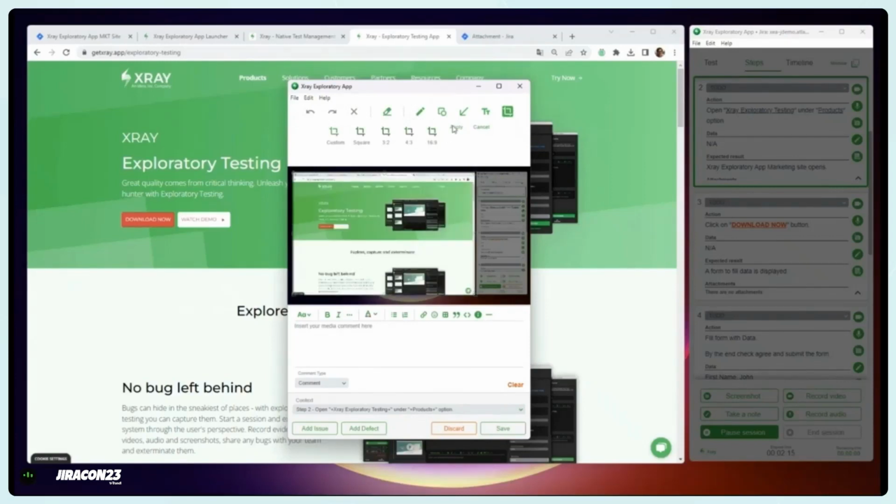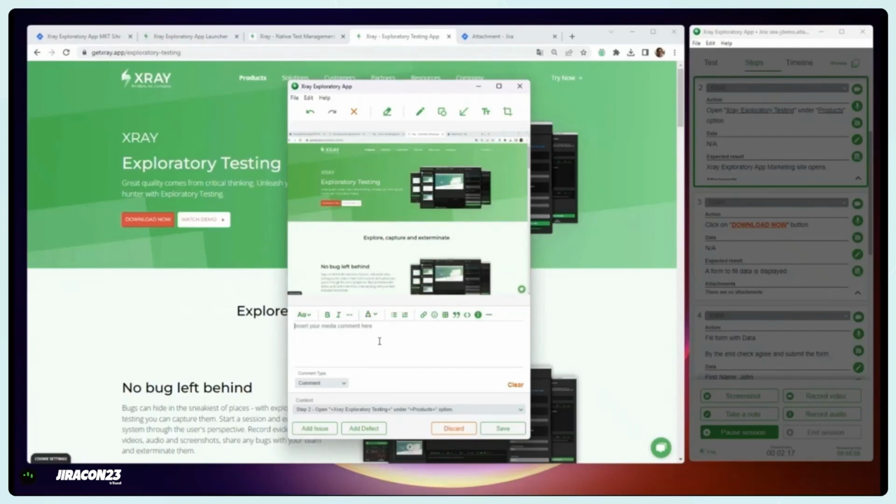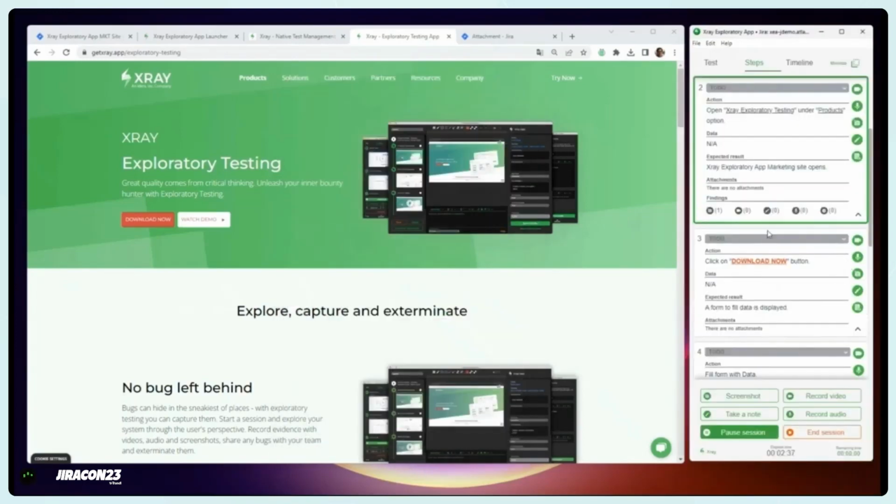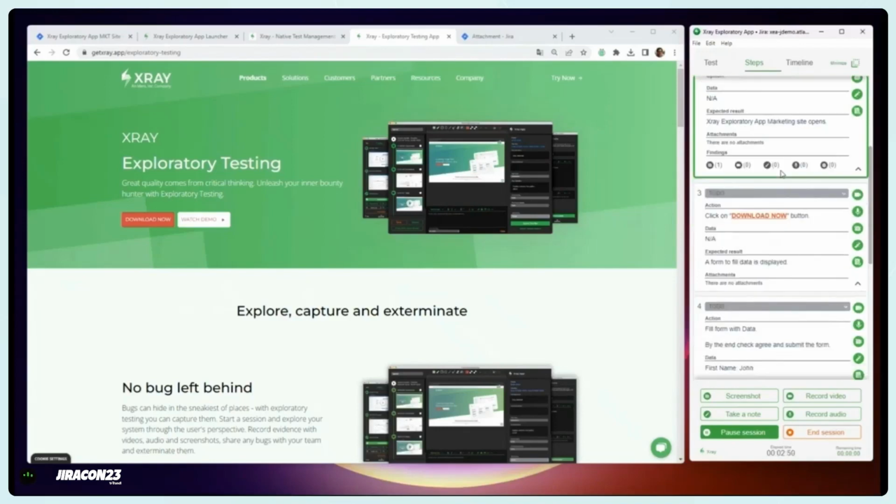I'm going to crop it here and put a comment like the exploratory app marketing site page opened, and I'm going to save it. And at this moment, I have one finding, which is one evidence that I collected for this step. And I'm going to mark it as pass. So going to the next step,